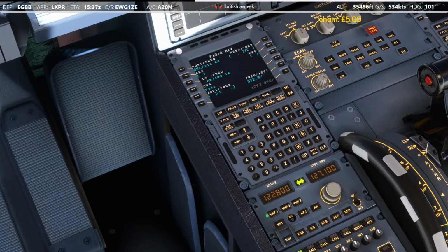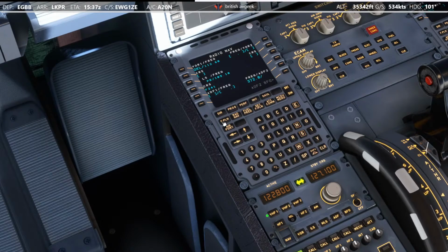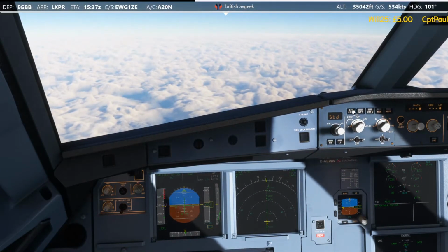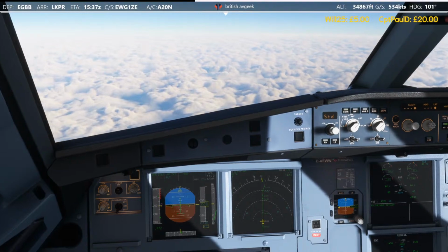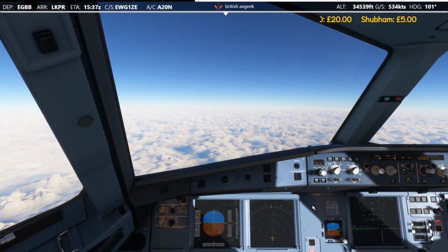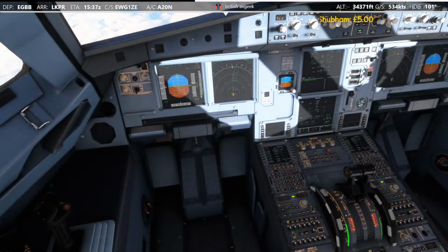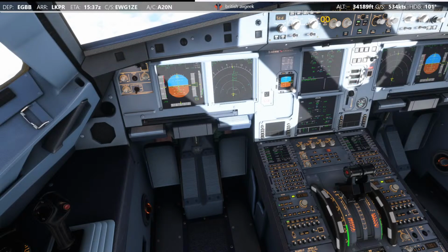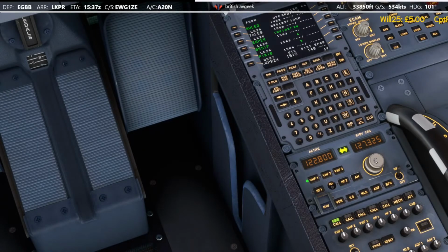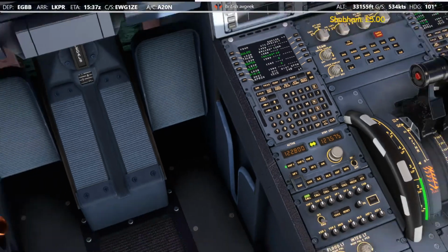Okay. Can't really see the green light very much. It is on though. Prague approach, let's have a little look at their frequency. 127.575. Oh, that's annoying, it's doing this again. And that ATIS